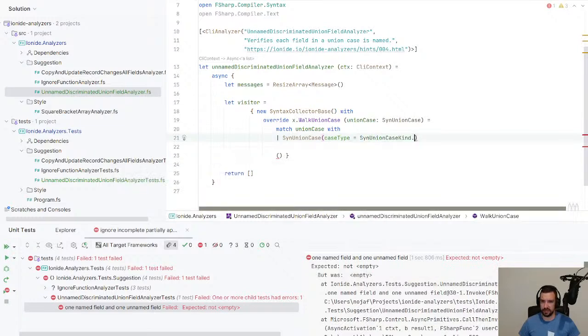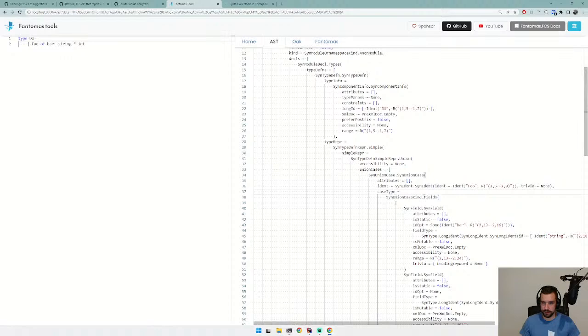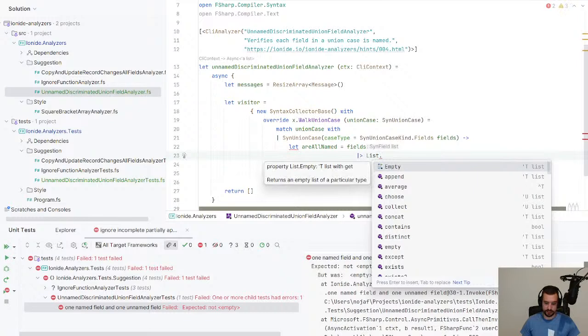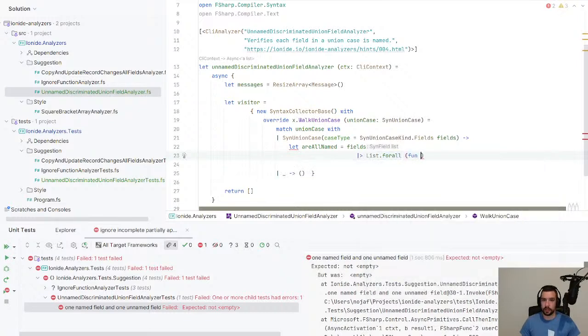Case kind. Is it case type? SYN kind, yes. And that should be fields. There we go. If it is not a field, I'm just going to ignore it. If it is, then we basically want to, for now, do a check. Are all named? Then we do something like fields list dot for all, and